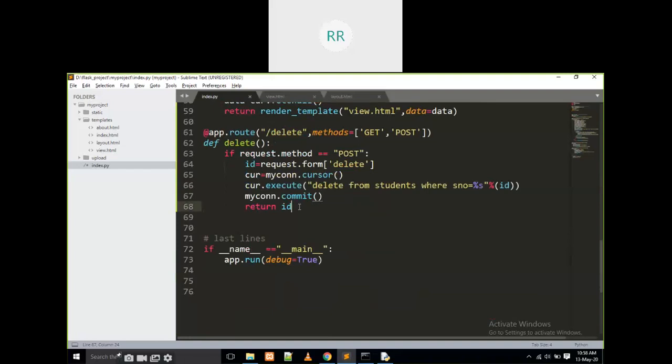Now where I have to go again? If I delete it, then where I have to go? Students, where I have to go again? Yes, it is going to be deleted. Then where I have to go? After deletion, in what page am I going to reflect again? Think once.